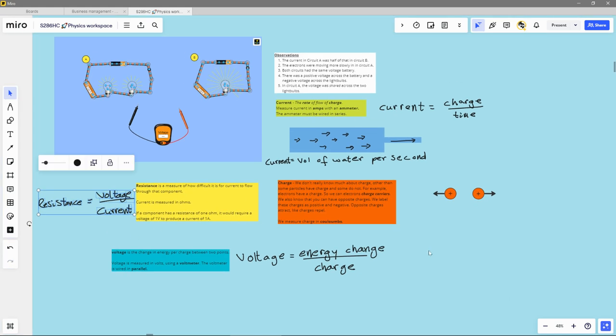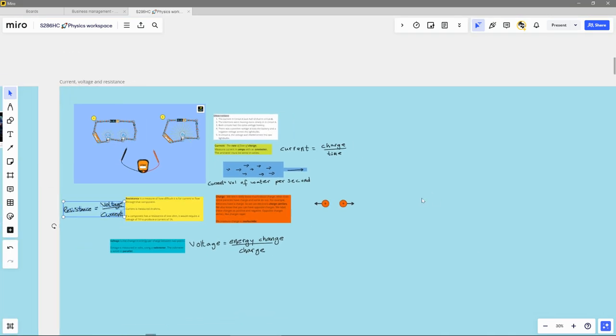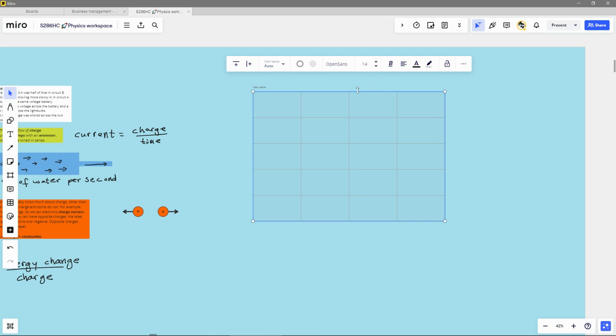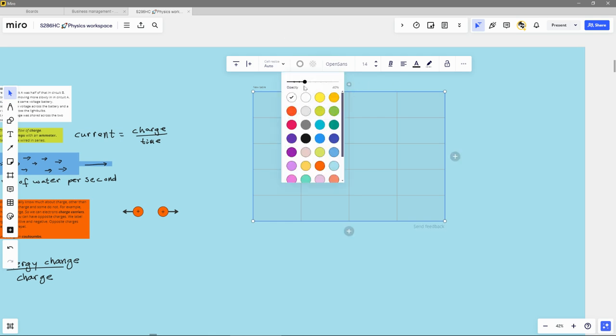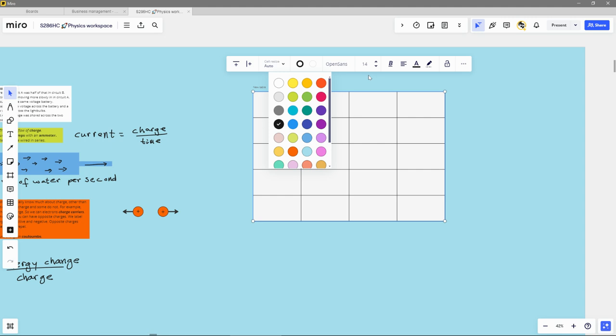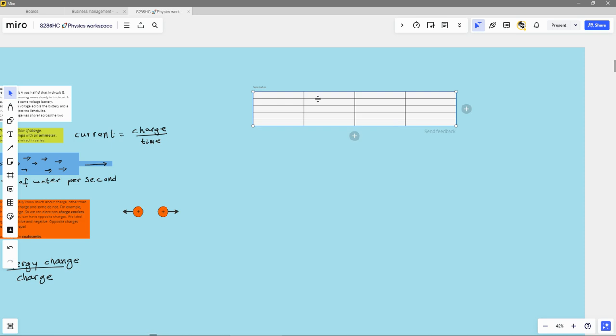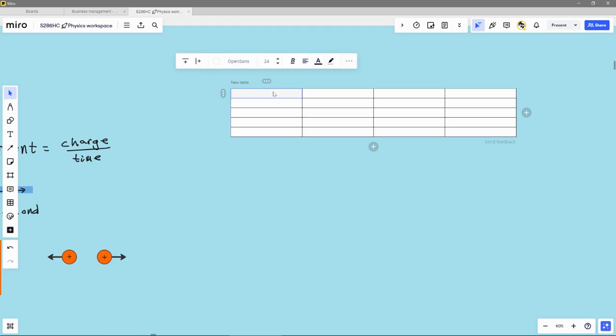So where can we go from here? Okay, so let's do a table now to look at the units and everything like that. We've already talked about the units a little bit, but we'll just summarize it in a table. So we'll put this over here, and we'll make the text a bit bigger. Move it up like that. And then these ones are going to be voltage,